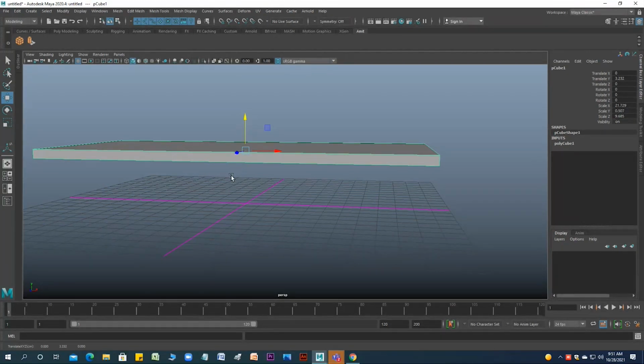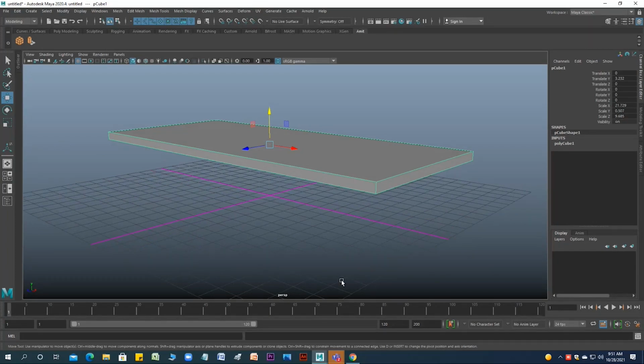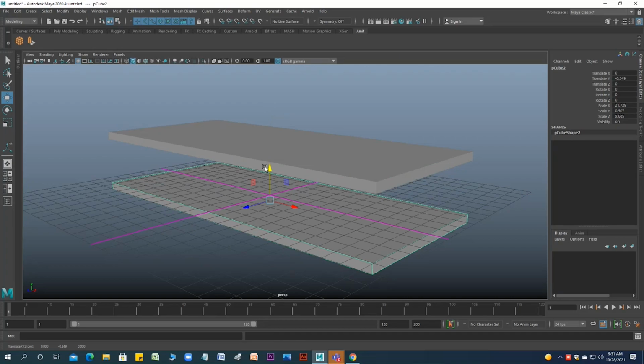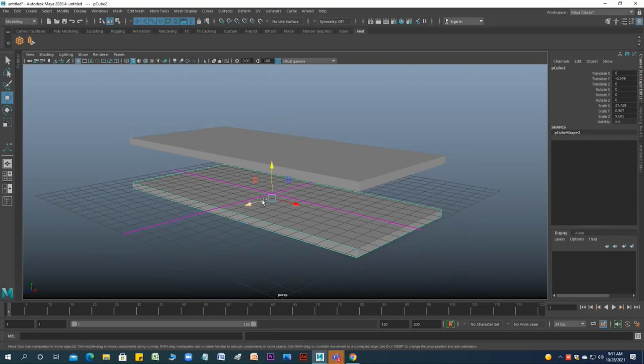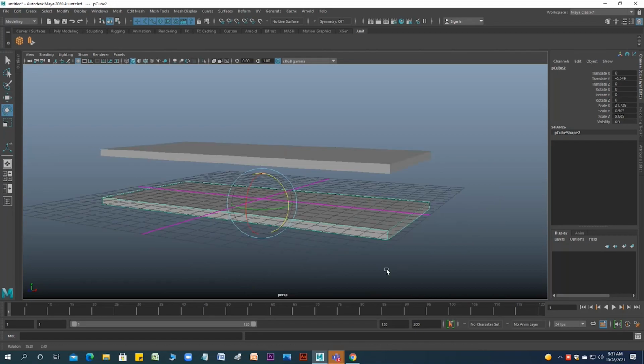You just look at what's going on in front of your screen. If you press Control D, okay, I just press Control D. If I move it, I have another copy of this, right? Or I can rotate it.